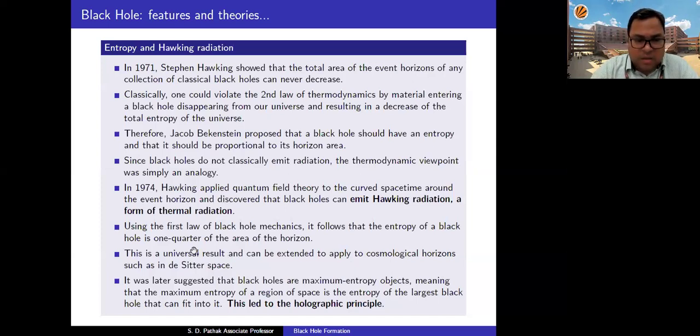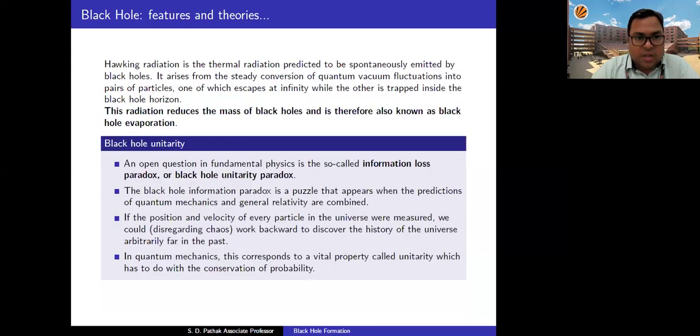I will come to it later. And the holographic principle is now a very hot topic in cosmology; people are working on it. The holographic principle is based on the maximum entropy object. So a black hole is basically the maximum entropy object. That means the maximum entropy of a region of space-time is that of the largest black hole, and it is used in the holographic principle or holographic dark energy models. So what